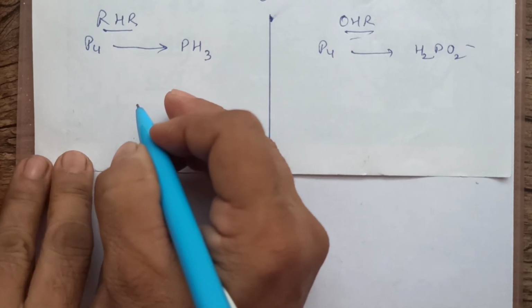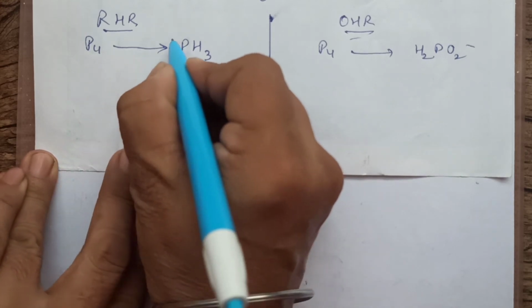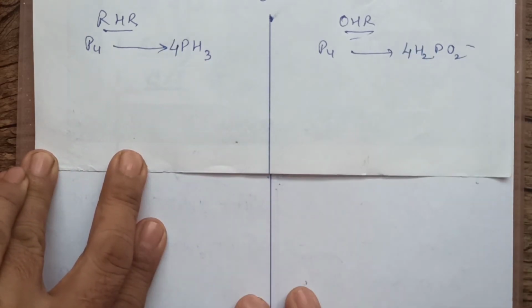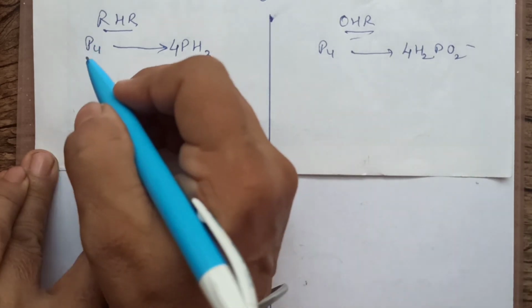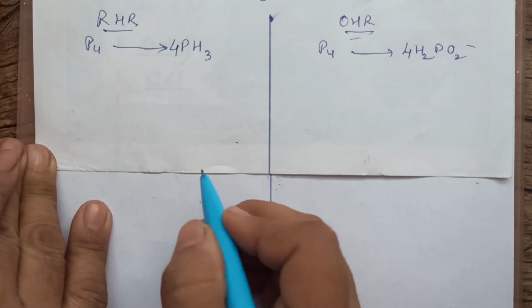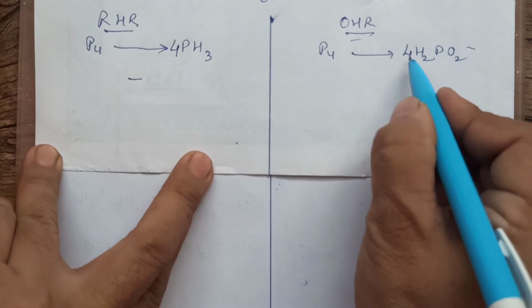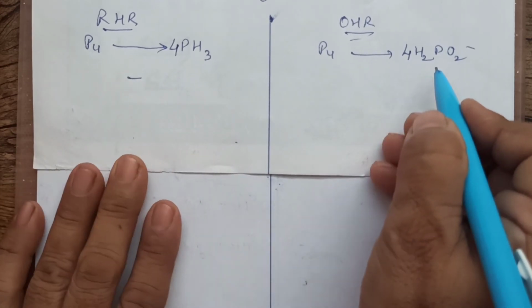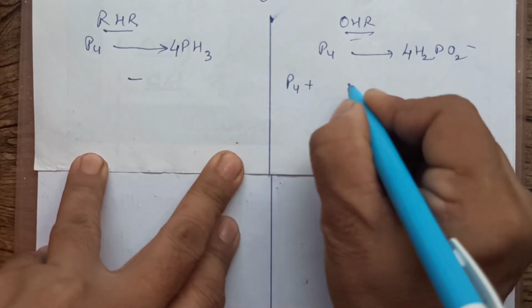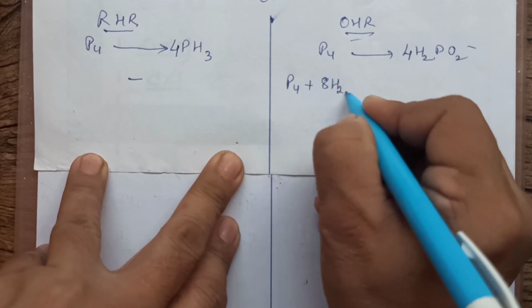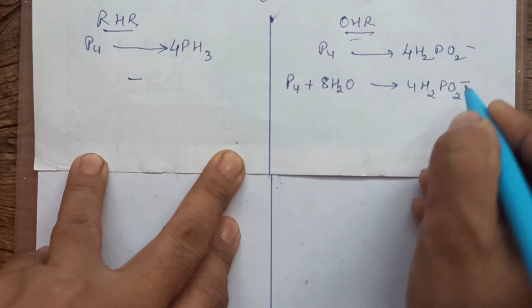Now we will start balancing it. Other elements first, other than oxygen and hydrogen. So we will have to put 4 on both the sides because phosphorus is there. Right. So we have to write down 4 here. After this, we have to balance oxygen. How do you balance oxygen? Adding water. So this side no problem, there is no oxygen. Here you have none on left hand side, but right hand side you have 4 into 2, 8. That means we will write down this plus 8 water molecules on the left hand side because there were 8 oxygens on the right hand side.